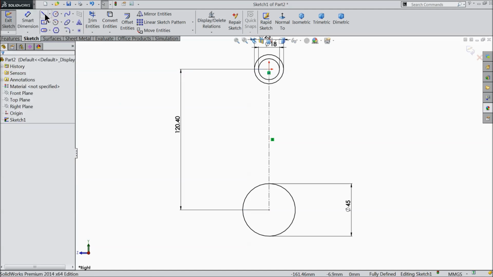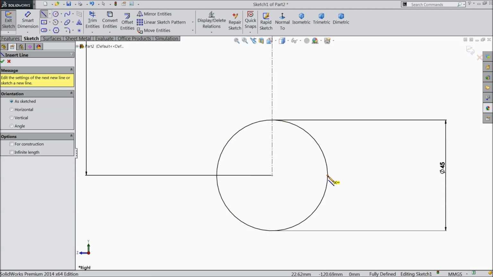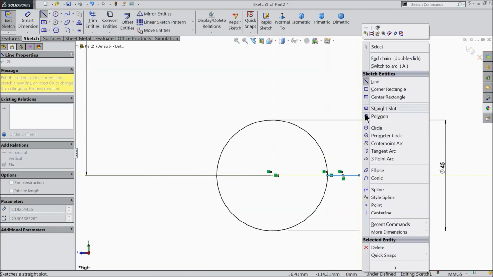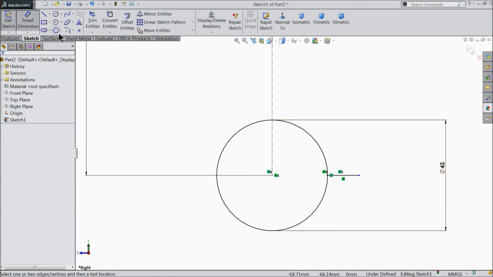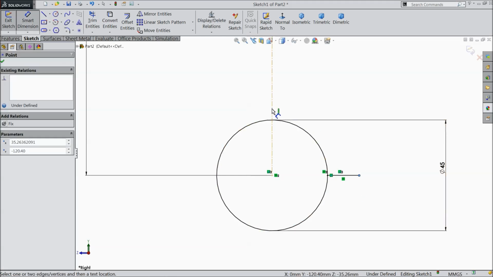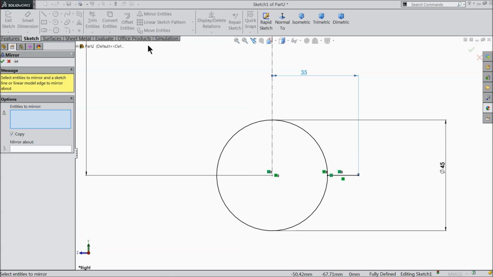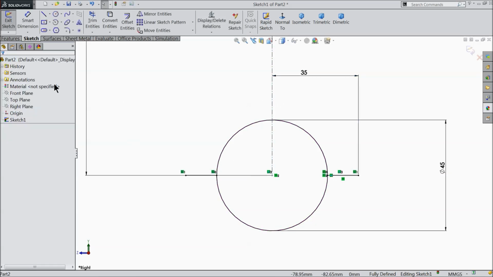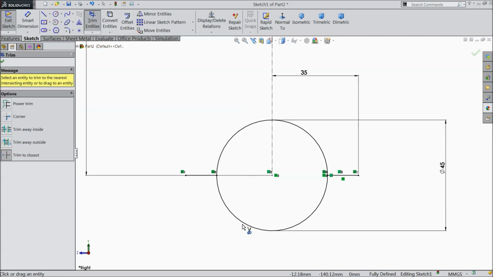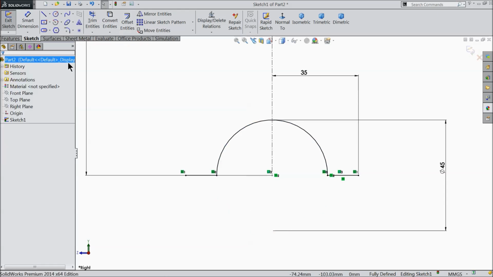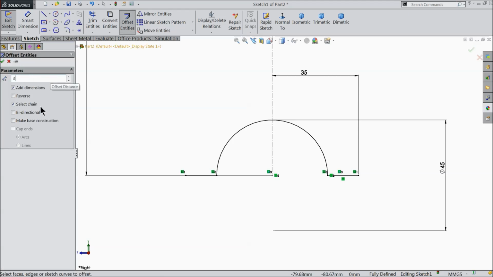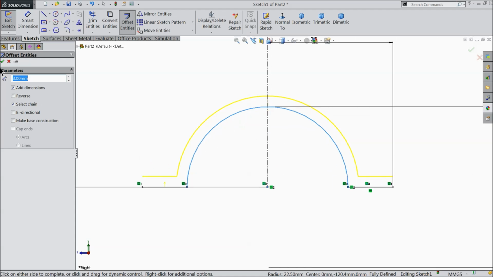Okay, select here line, exit, define this end point from this line, midline 35 mm. Okay, select mirror entities, select this line and mirror against center line. Okay, now see here, choose trim entity and trim this half circle. Okay, offset entity, select 3 mm and select this circle. See here, it's going to, okay,